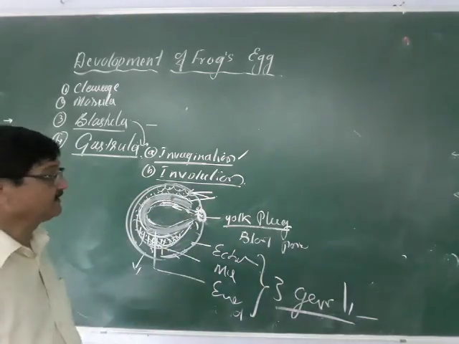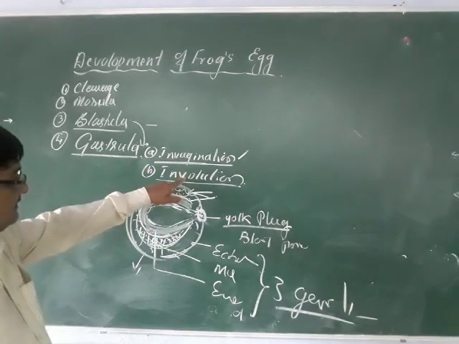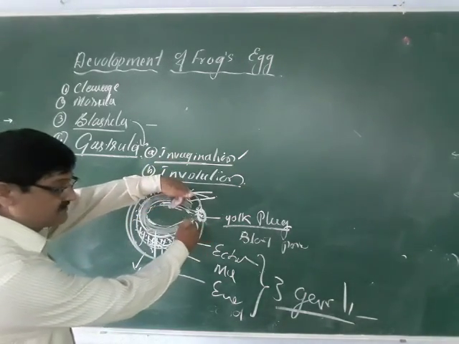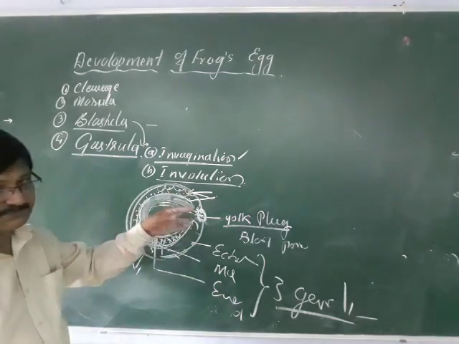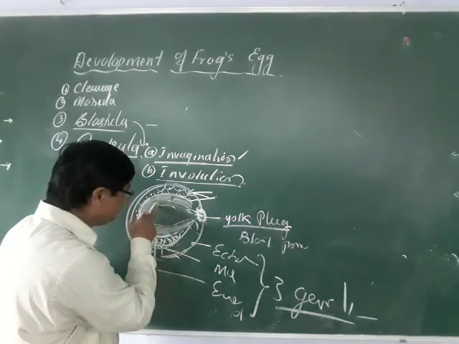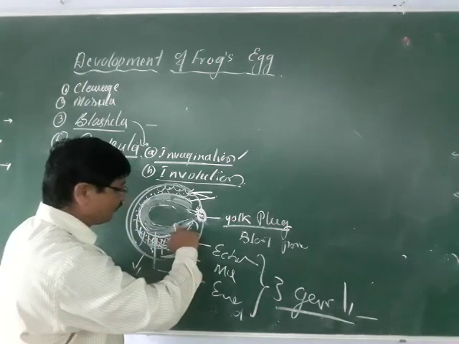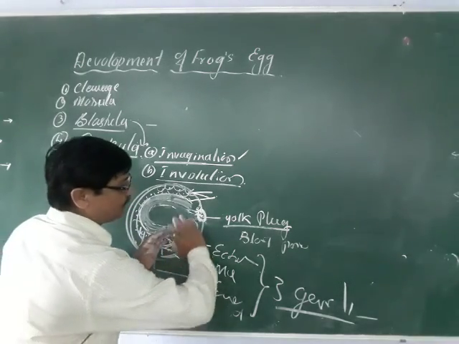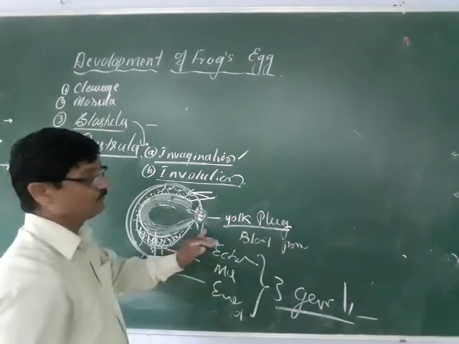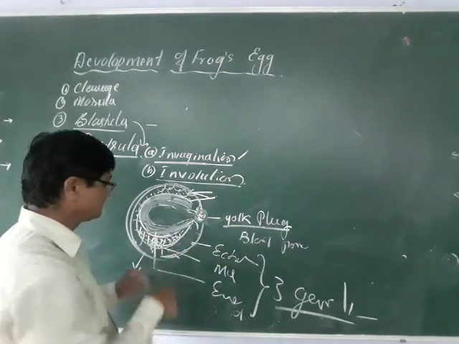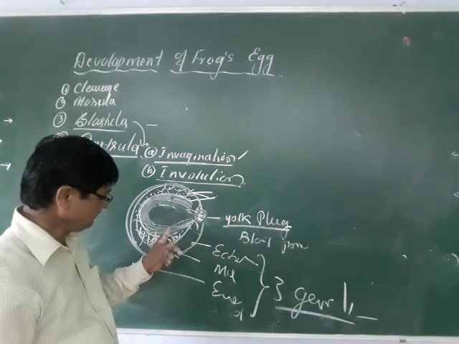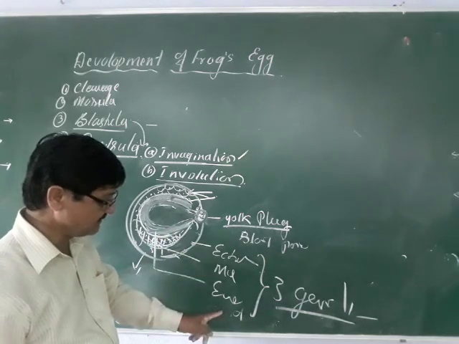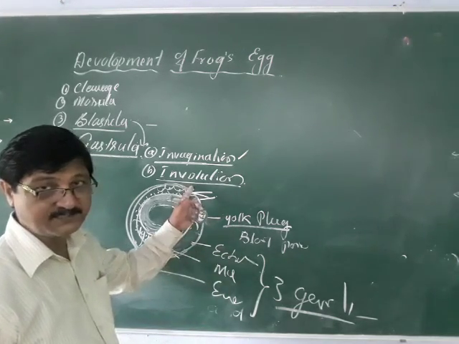So once again you remember, invagination and involution. Invagination means they take inside and form the gastrula, the archenteron. Involution means the cells occupy the roof, side, and floor, and some of the cells are pushed out, and here a yolk plug forms, and this results in three layers: ectoderm, endoderm, and the mesoderm. These are the three germ layers formed by means of morphogenetic movements.